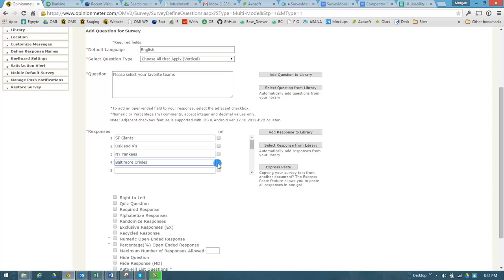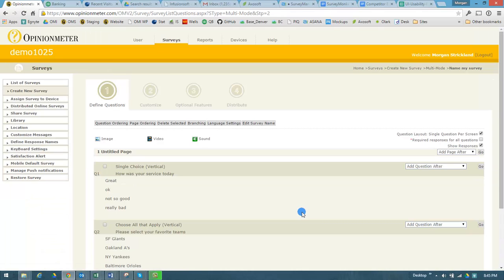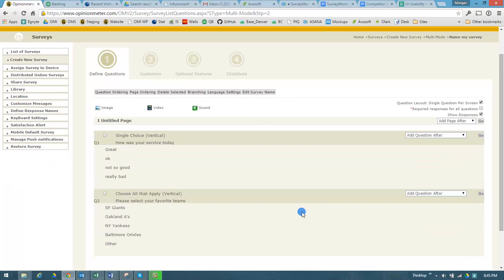I can also add a checkbox here for open-ended comment adjacent to any of these. Let's say other. I'll put other. Well, you want them to type in what that other is, right? So let's select the open-ended option adjacent to that one response. So I'm not going to select any of these other options here. And I'm just going to go ahead and save now because I'm done building, in this case, just for demo purposes, a 2-question survey. And it brings you to